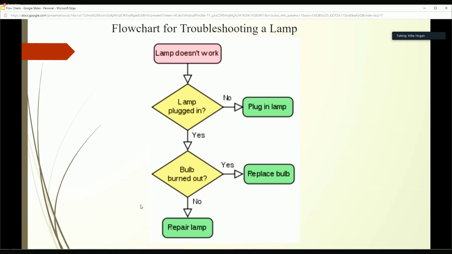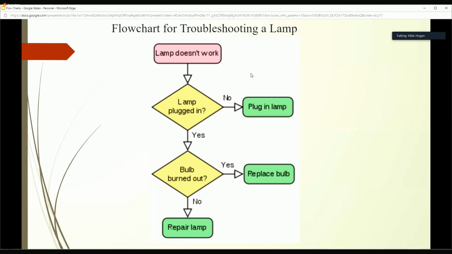This flow chart is not meant to really capture every possibility of what could be wrong with this lamp. It's really just meant to show us an example of a flow chart and how we could step through the troubleshooting process. And you can see, if you've got common equipment, and if the equipment has typically, as most equipment does, some common failures, when you troubleshoot, if you will document what you troubleshoot and what the problem is and what the fix was,